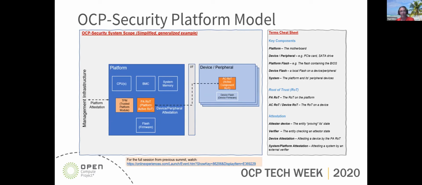That's the root of trust on the platform or on the motherboard, the one that protects the CPU and the BMCs. And then there could be a root of trust on every peripheral, think of it as PCIe cards, SSDs, etc. Each of them also needs to have a root of trust.